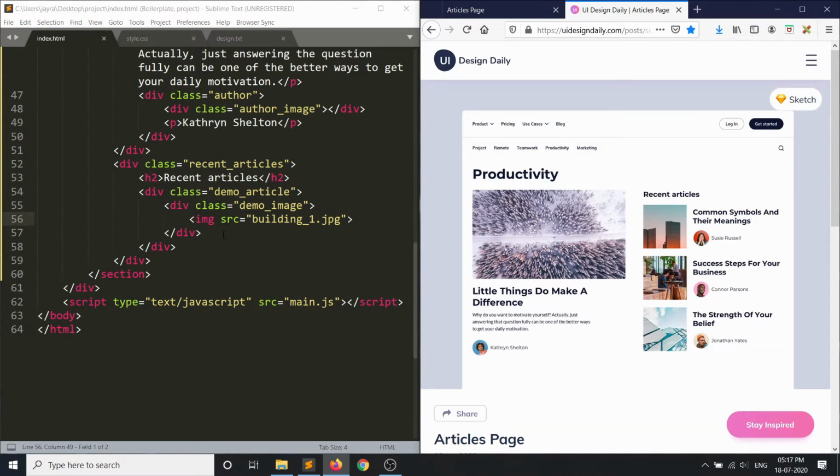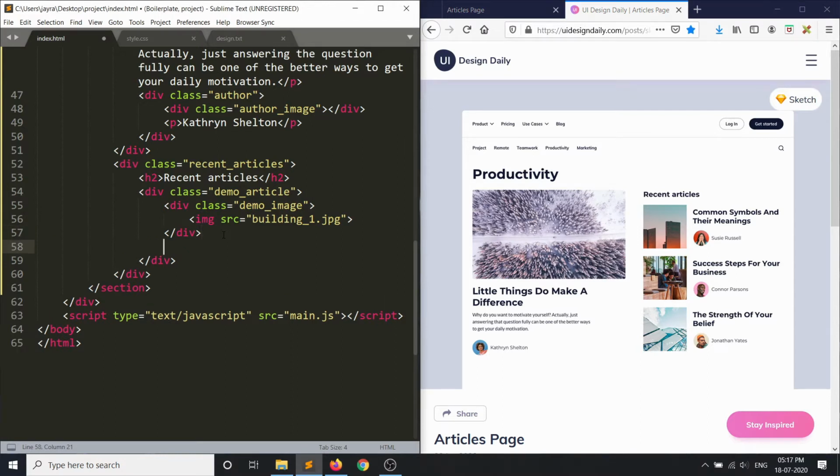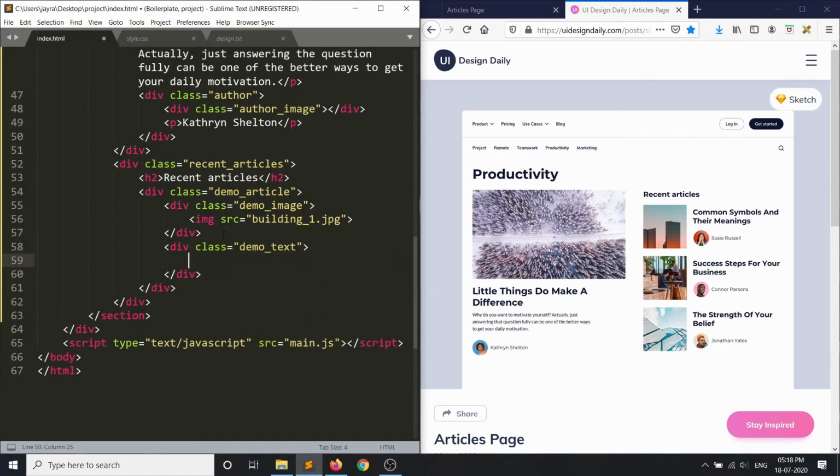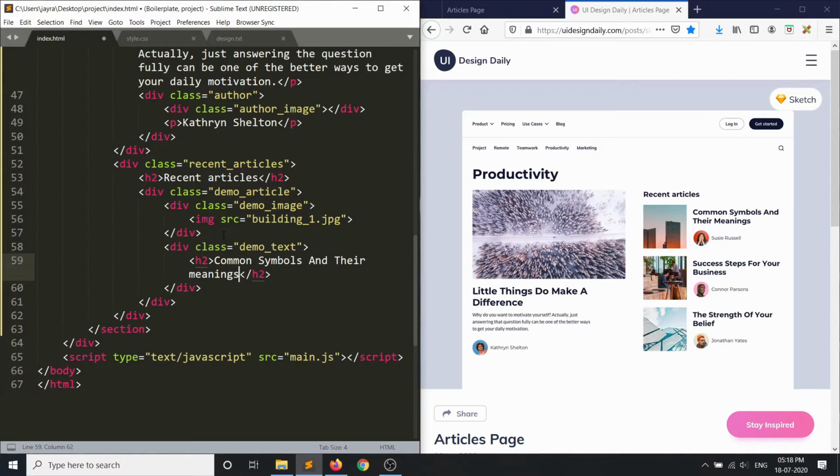And then what else? Okay, after that we have again an h2 tag, but let's put that inside another div tag. Let's give it a class of, let's say, demo text. Okay, and then here we have an h2 tag which says "Common symbols and their meanings." Okay, let's put capital M. Okay, and then again we have